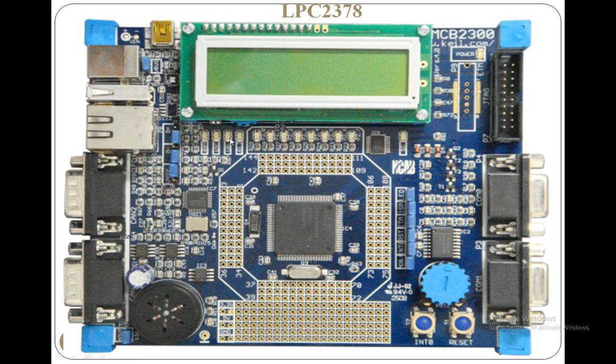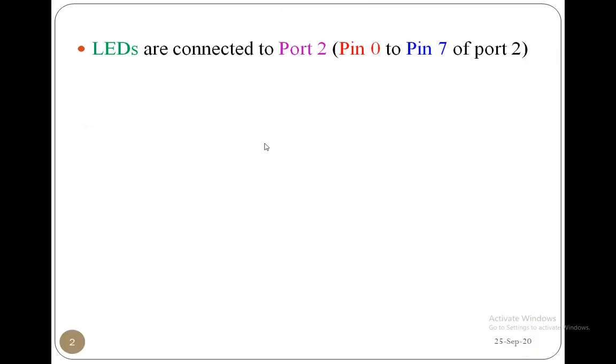Remember that point. Observe carefully, this P2 indicates port 2. You have to access the port 2 pins by using the processor, and after accessing, you give 1 to the LEDs to glow and 0 to the LEDs to turn off. That is what you have to do. So the first point to remember is that the LEDs are connected to port 2 on the board, from port 2 0th pin to port 2 7th pin, the 8 LEDs.